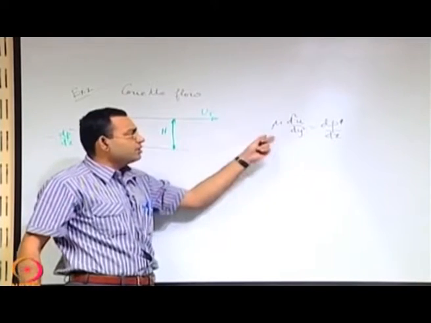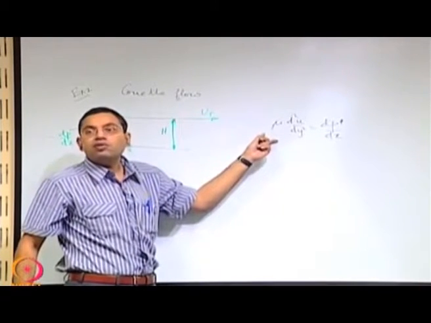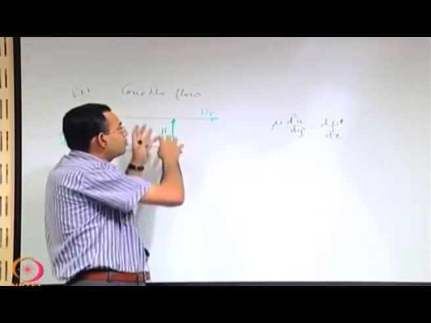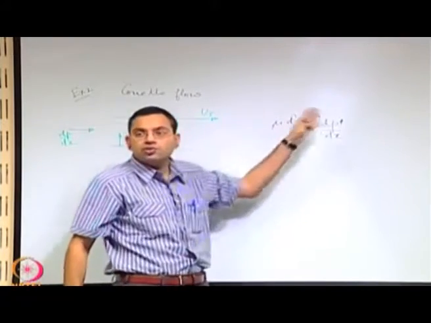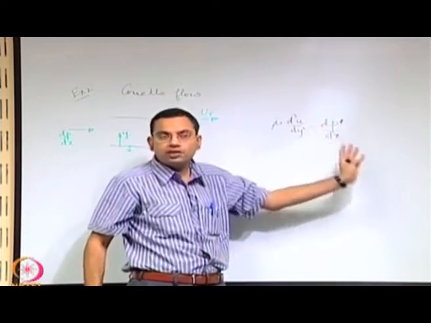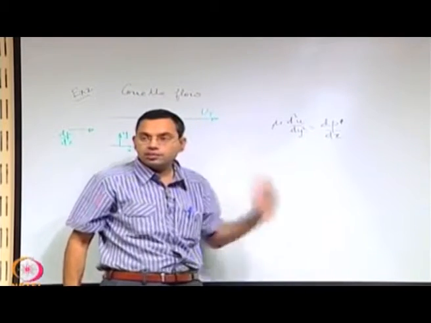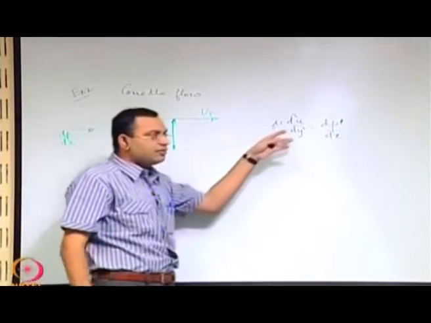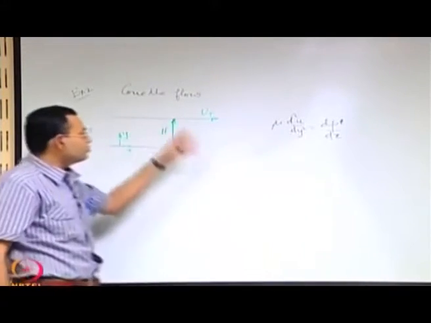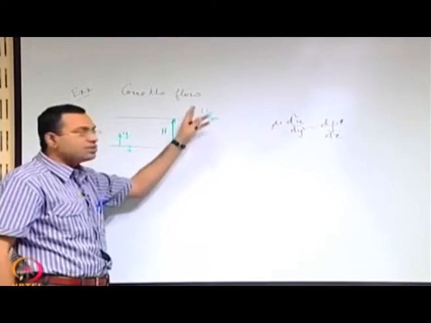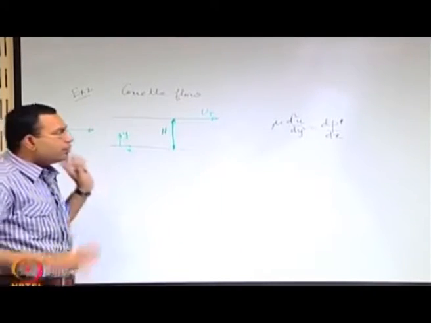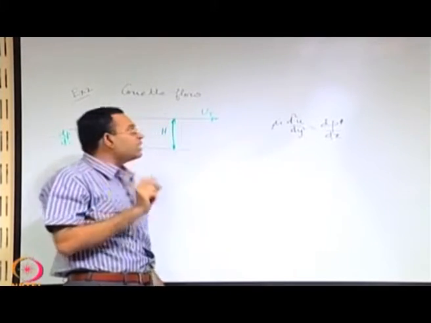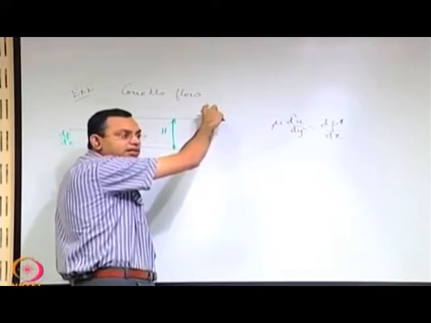For this problem it does not change, because what has changed is the boundary condition. Within the domain of the problem, no special effect has come into the picture or gone away. So the governing equation remains the same. Of course, it is very easy and trivial to integrate it twice to get the velocity by using the boundary conditions, but we will do it in a different way. Why a different way? We want to isolate the effect of this additional thing which has come into the picture.